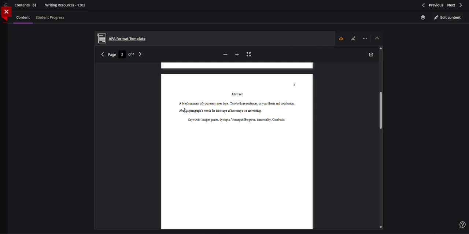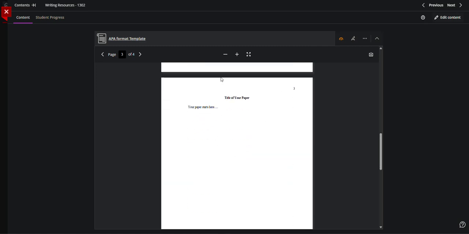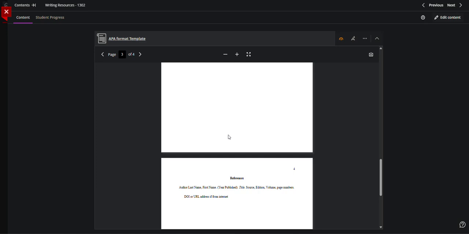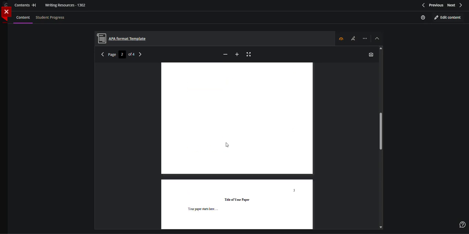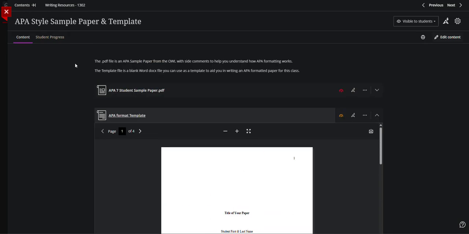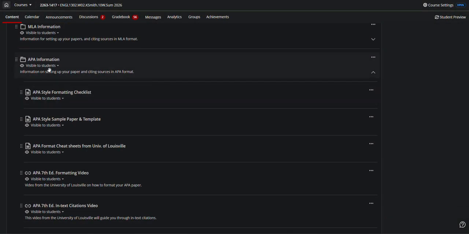Then your abstract would go here, the keywords here, that's something we'll talk about, the title of your paper's just here. It's totally formatted for you to simply type your paper in, but you do have to change these certain things. And then here's where the references pages start. And just like MLA, the references have the hanging indent, meaning the first line hangs over any secondary lines. So that's the template there that you can use. I just wanted to point that out. But let's go into some of the APA things.